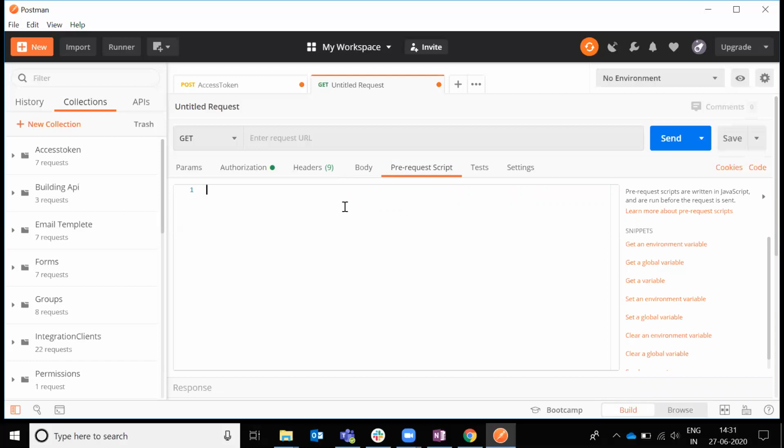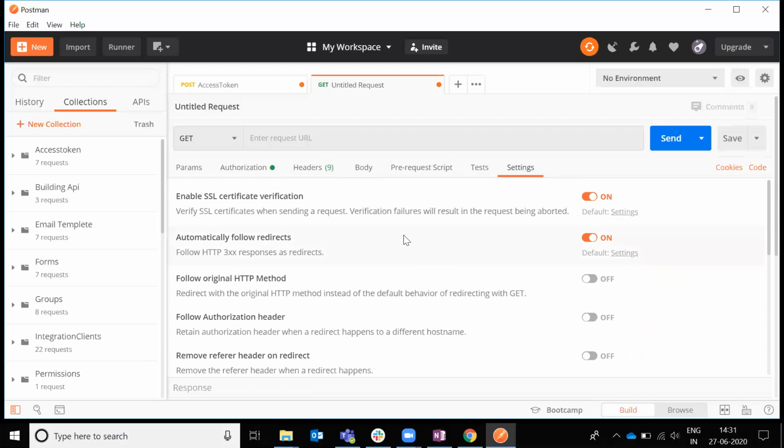And this is the tests tab. What are the steps you want to test, you can provide. Enable script, nothing. Settings, don't touch anything, because the default setting is much better to use. Okay, this is basically the environment.